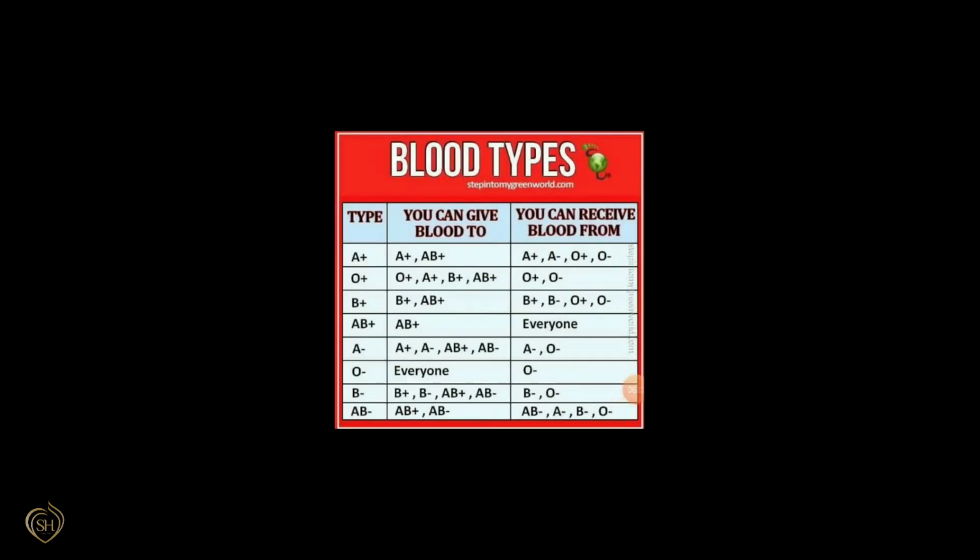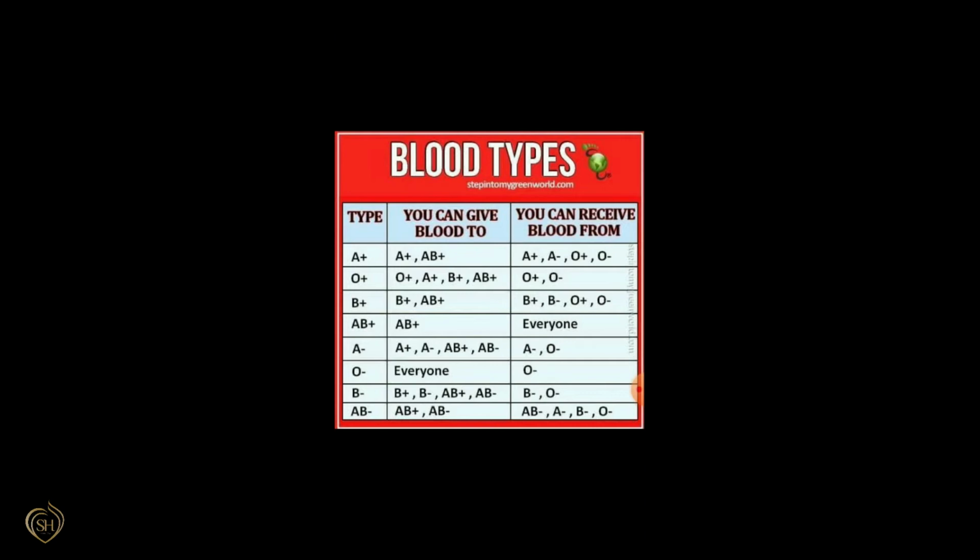The blood of most people contains Rh factor. If Rh factor is present in our blood group, the blood group is called a positive group. If Rh factor is absent, that group is called a negative group. Why is it called Rh factor? The reason is that Rh stands for rhesus. That is the name of a monkey. In this monkey, this Rh factor was first discovered. That is why it is called Rh factor.